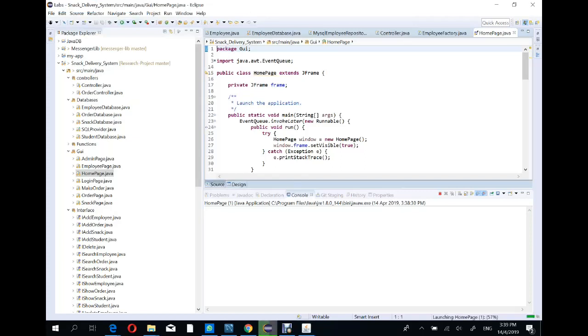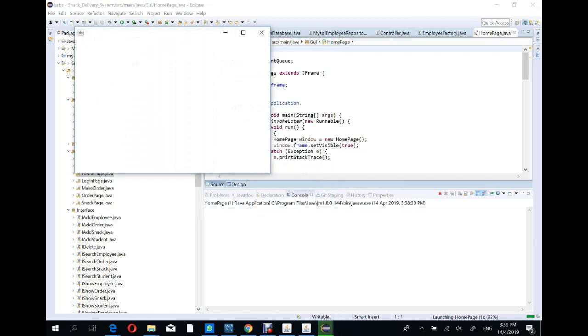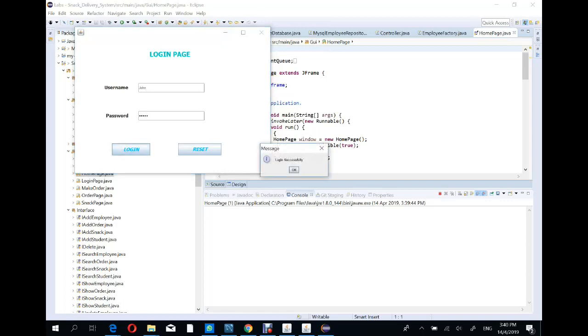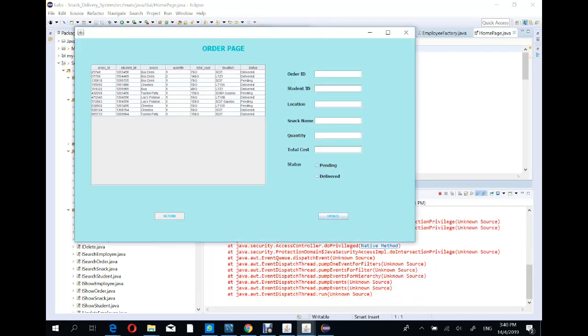So in order to place another order or see the orders that are in the system currently, we have to run the application again. So now I'm going to go on the administrative page where a login screen is going to come up. I'm going to enter a username and password, and it's going to check if the username and password is present in the system. And when it is, it's going to say successfully logged in, and it's going to see the field. So now let's go to the order page where I can see,